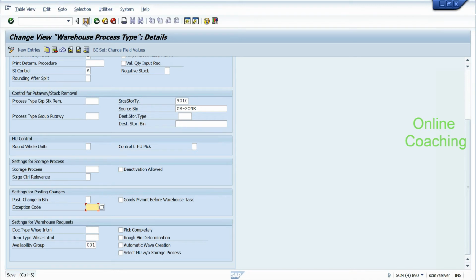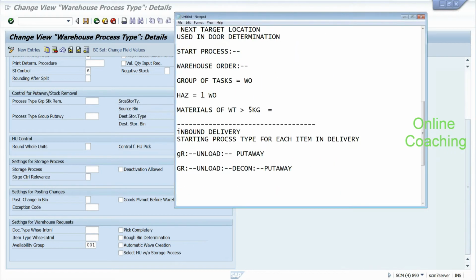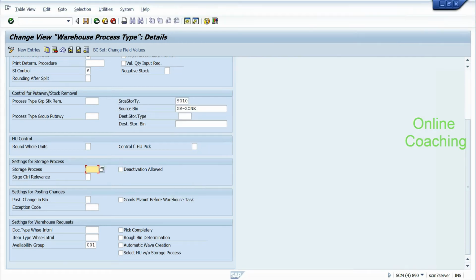Srini, what is this deactivation allowed in the storage process? Yes, that one. Now, deactivation allowed means, for every storage process, let's take this example: I want to move the goods from S1 to S2 to S3 to S4. This is my process oriented storage control. So if I assign my storage process here,